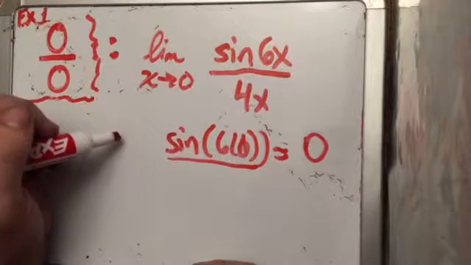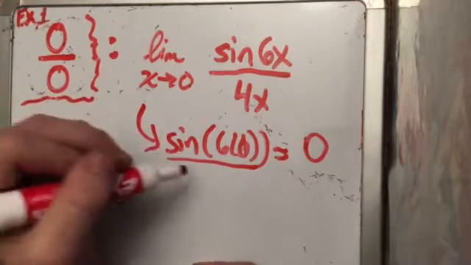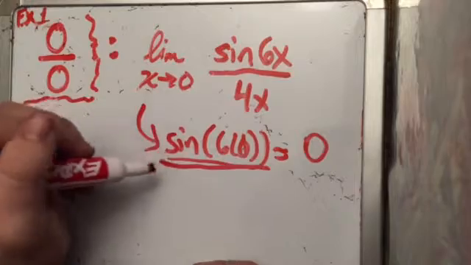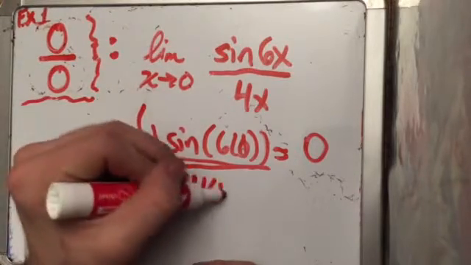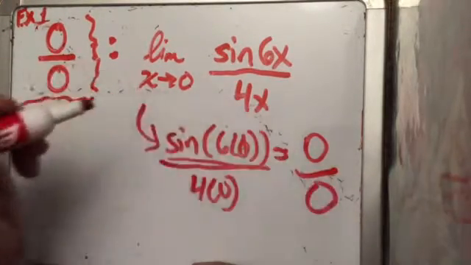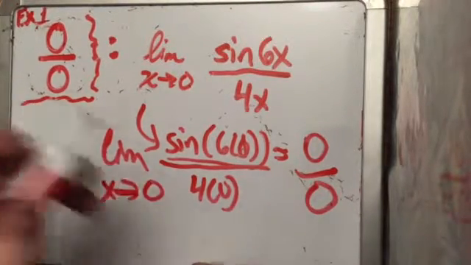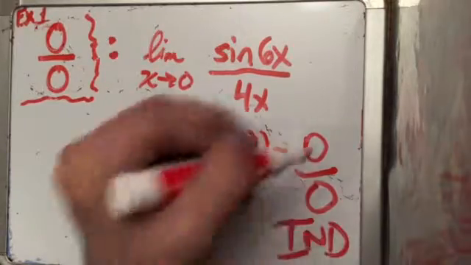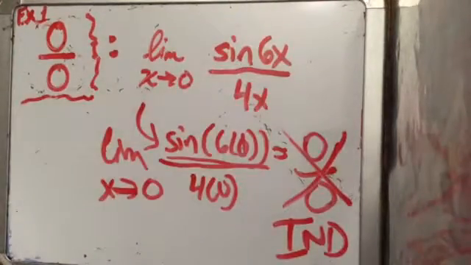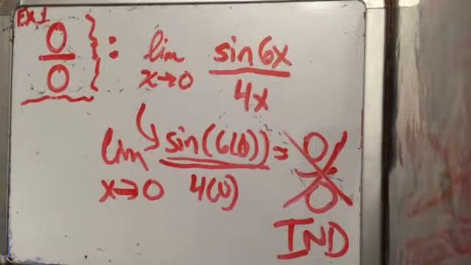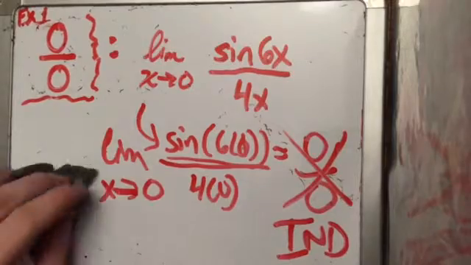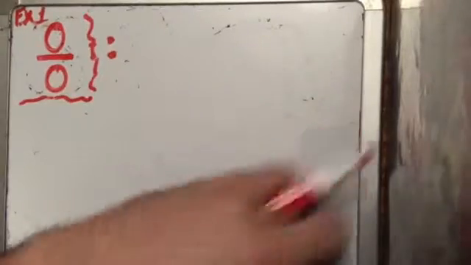So we know that if we take the limit of the numerator, it's going to equal 0. And for the denominator, which is 4 times 0, it still equals 0. And by doing so, we have just proven that we can use L'Hopital's because it has come out to an indeterminate form of 0 over 0 if we just take the limit normally. So now using L'Hopital's rule after that initial step, we can say that rewriting the function,